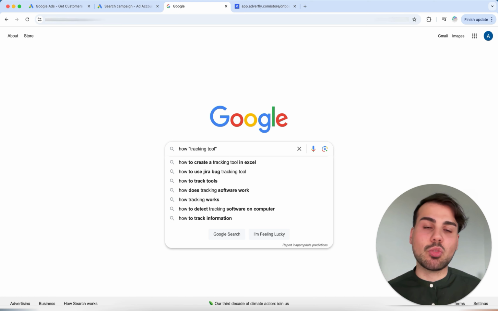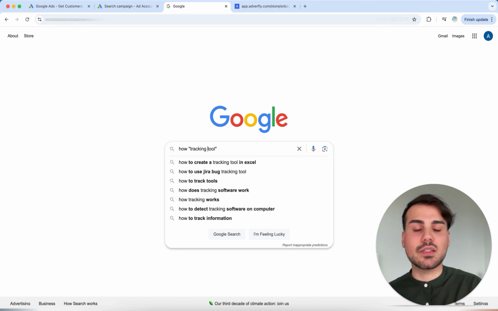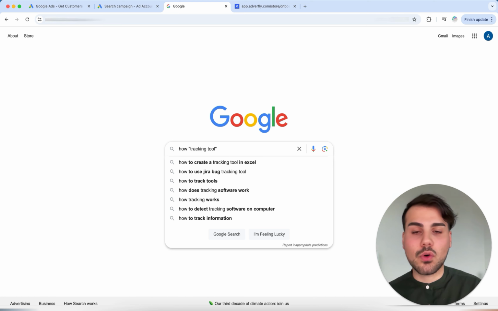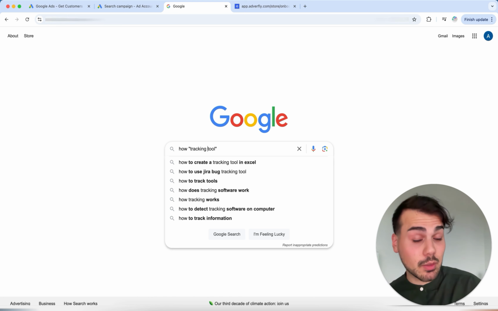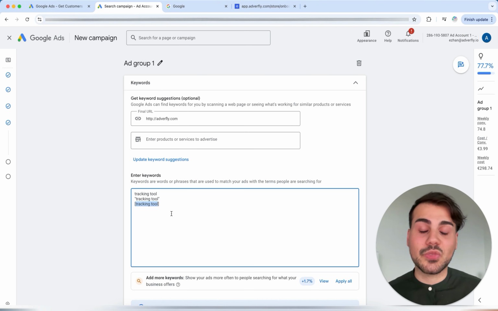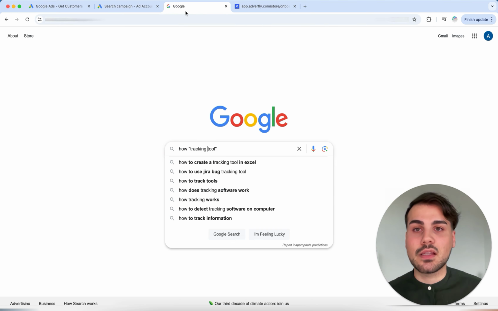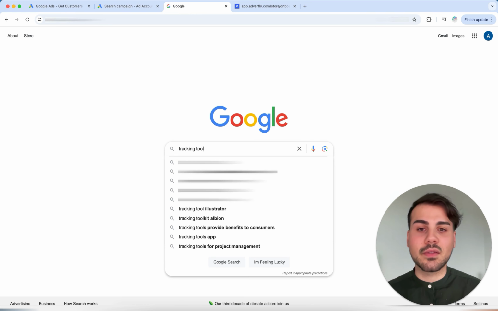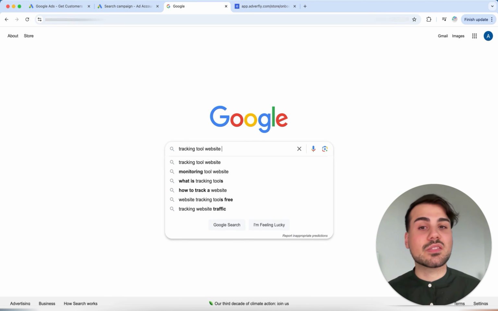That, let's say, is a little better than the broad version because you can restrict it more, and let's just say it's not as open. For example, if you now enter the right words or keywords, then the advantage here is that you no longer have to do it exactly, which is a big difference from what I'm showing now. And then exactly the following would be the case. It has to be like this one-to-one. That means if I now search for the word tracking tool, for example, here, then this will now be displayed. But if I search for tracking tool website, for example, then it won't be displayed because it's not exact.